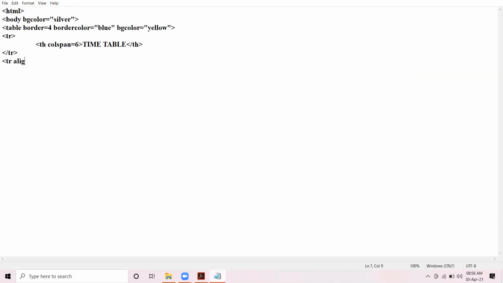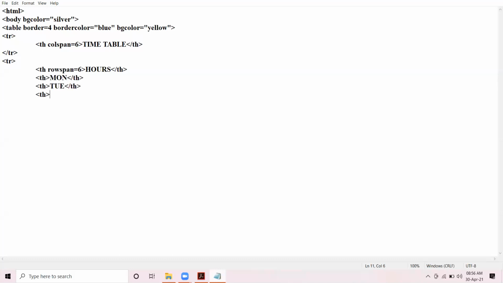TR align equal to center. We can skip the align attribute because it is the header row again. TH rowspan equal to 6, hours. Then TH Monday, TH closes. Then TH Tuesday, TH closes.